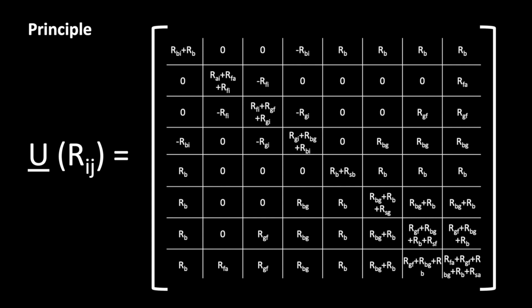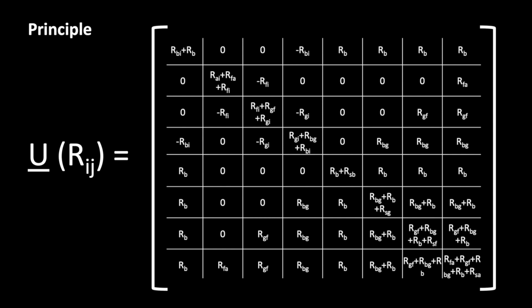All mesh currents are drawn in the equivalent circuit diagram, and then the elements of the matrix U dependent on R, I, J are dependent via the couplings of the thermal energy flows in our case. Each row of this matrix corresponds to a mesh in the network. This gives us a matrix that contains all the thermal resistances of our model house.